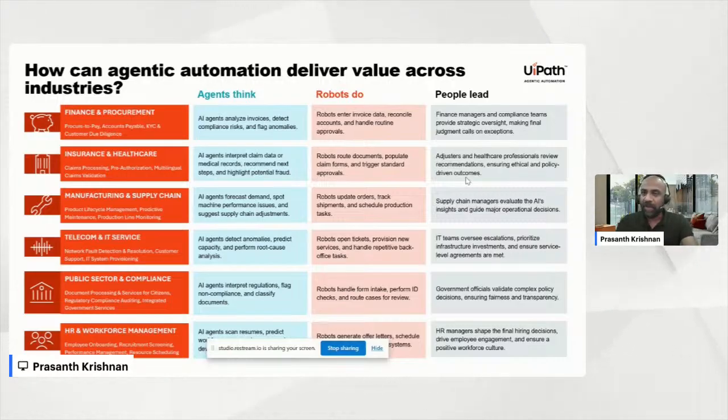As a matter of fact, we have already gone live with our first agents for a couple of customers. Most of those are on the finance and procurement side, but we are already in pilots. We have started engaging customers. Given that our platform is really new on agentic, it's only about a month or month and a half since we launched it. We already have live agents in production and also in pilot scenarios.